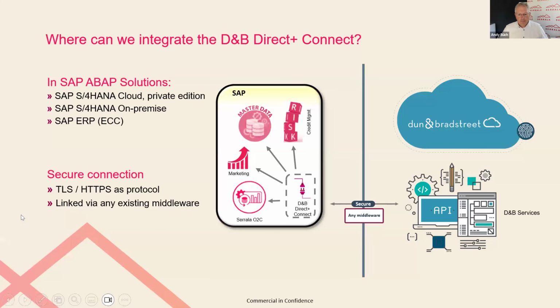Yeah, fair enough. And let's probably spend some minutes on what D&B Direct Plus Connect is. Direct Plus Connect is our solution to be implemented as an on-premise solution, as an add-on to your SAP infrastructure. Regardless if it is ECC or S4HANA, it is fully certified by SAP. We are a strong partner of SAP anyway. So we provide an additional package to your SAP standard to enhance the connectivity to D&B.